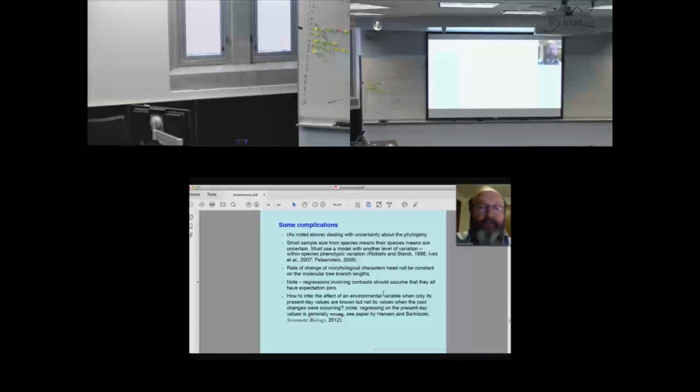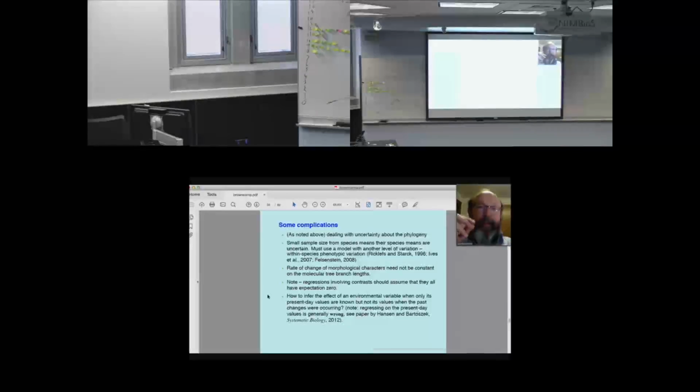Present day methods for regressing tip phenotype data on environmental variables such as temperature involve regressing on temperature in a non-phylogenetically aware fashion, regressing on the present day temperatures, and then taking the residuals and working with those. Now, perhaps some of the people who raised this a moment ago could comment on whether I've got that correct, whether that is in fact the general approach. But we don't know what the temperatures were in the past.